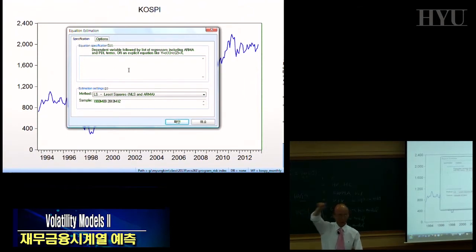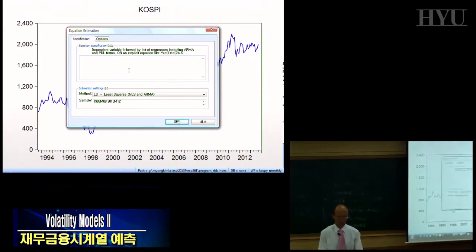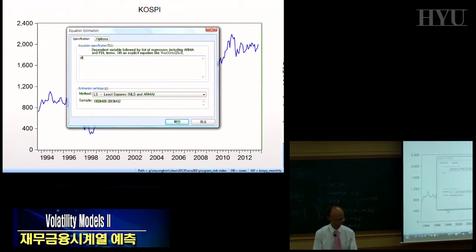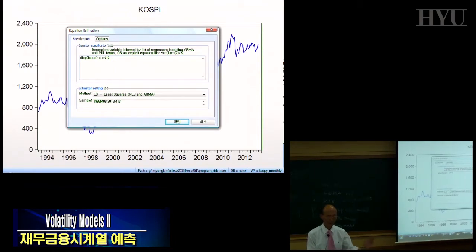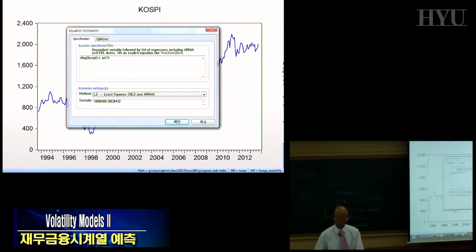the mean equation is set up in terms of a stationary time series. So cos p is the index, right? Non-stationary index. So to make it stationary, d log, so log difference, it's the continuously compounded return. Monthly return, of course, of cos p. We can specify c, a constant, or you can add an autoregressive process, or MA, right? So suppose we just try a single lag here.